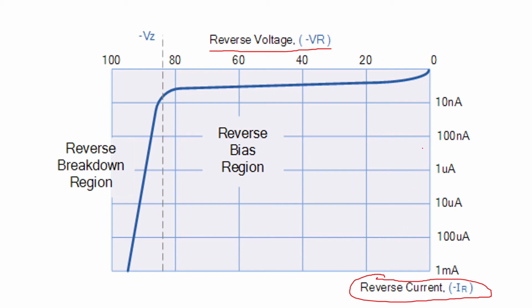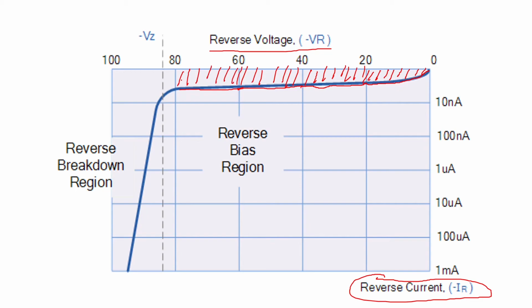When you start from 0 and increase the reverse voltage to 20 volt, you have only a few minority charge carriers flowing across the junction, and that makes a small leakage current. Even if you reach 40 volt, there is a small leakage current because of minority charge carriers. Even at 60 volt, and around 80 volt, there is still only a small leakage current.